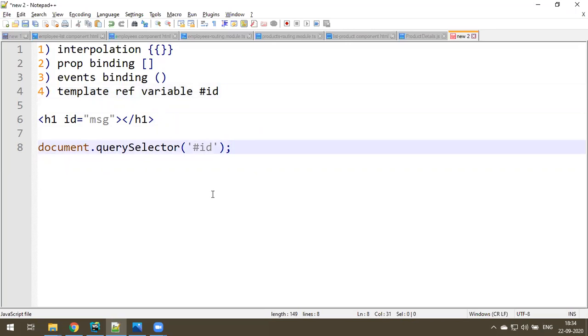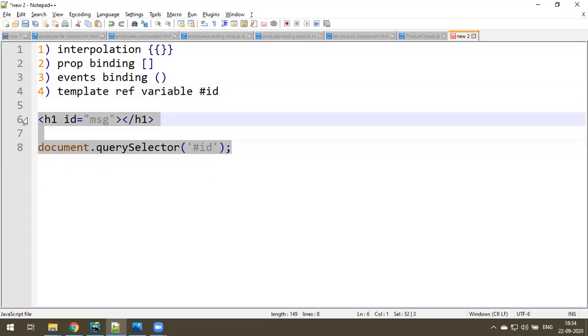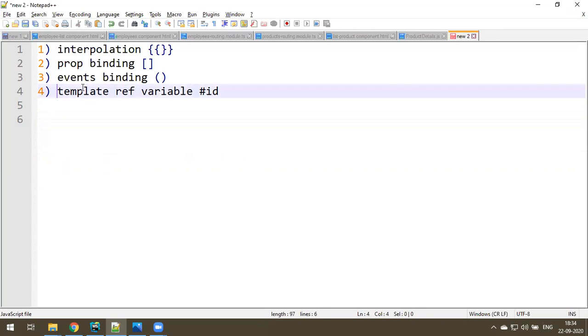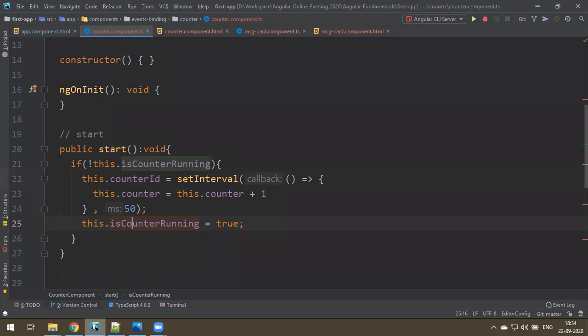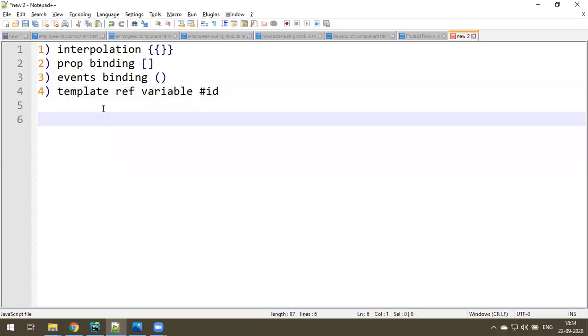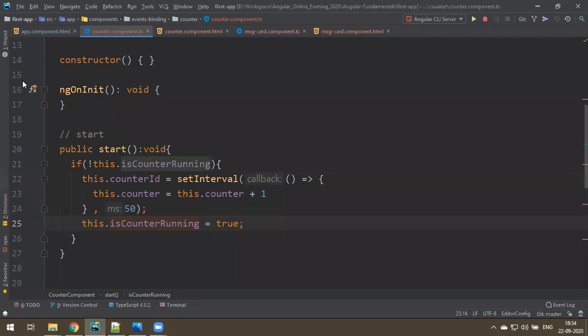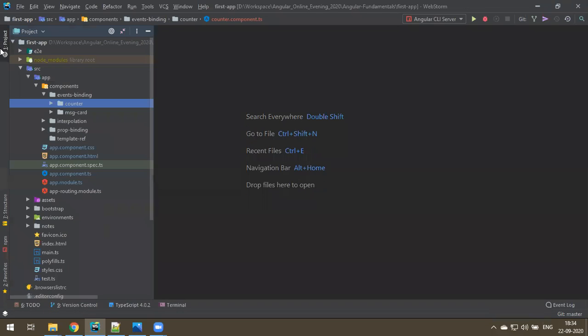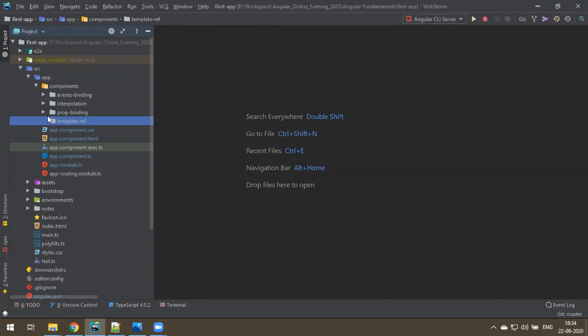Okay, so I'll tell you what that is now. For that we want to take another example. So let me create a separate component for this. Let's close all. Also, yeah, in the template reference variables folder there is no component. I'll create a component first and then I'll tell you the example.